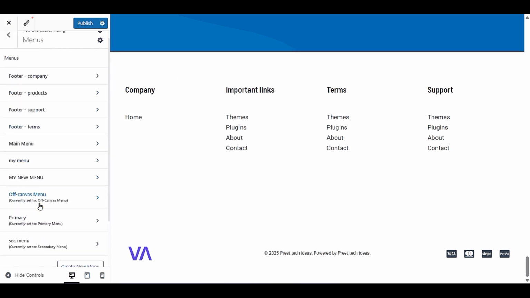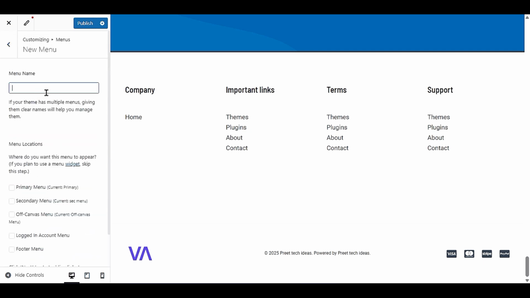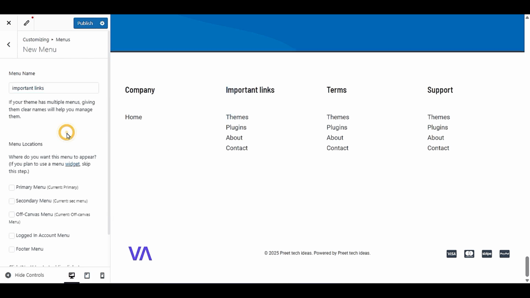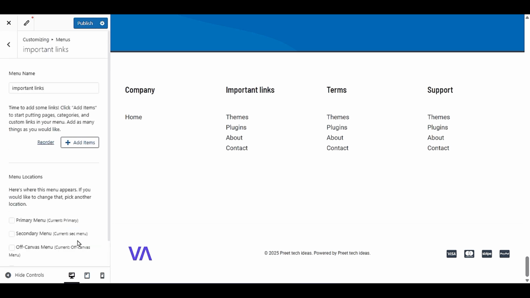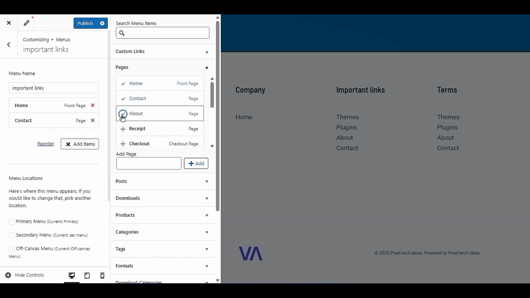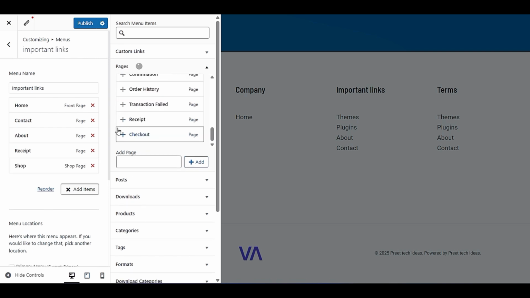Click on menu, scroll down, click create new menu, and for the example I will name it important links, because this menu I will display here under the important thing. Now don't select anything here, just click next normally. Now you have to decide what type of link you want to add under important links. Click add item. Example, you want to add home, contact, about, recipe, and shop, and you can change different